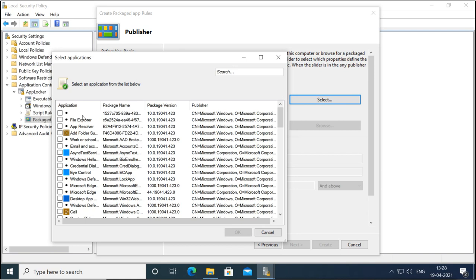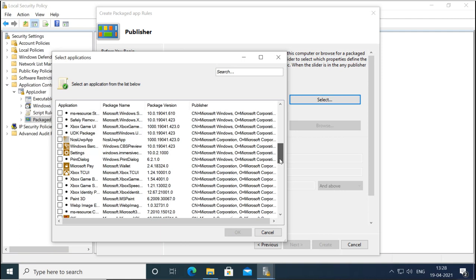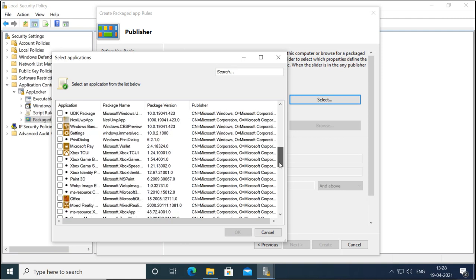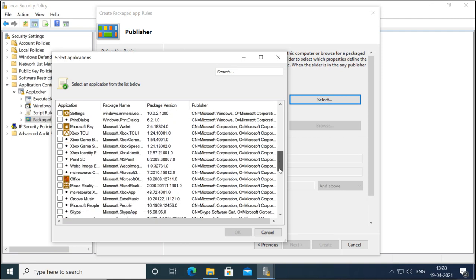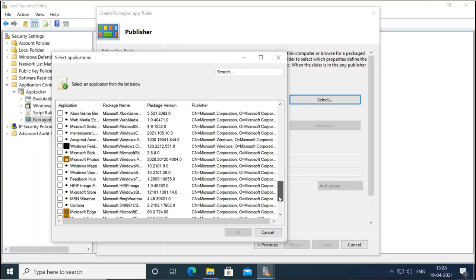From here you can select. I will go for Windows Photos. So I select Windows Photos, and Windows Photos is this app.